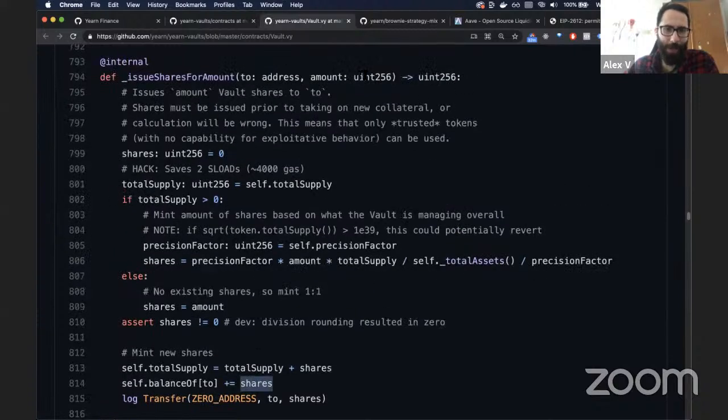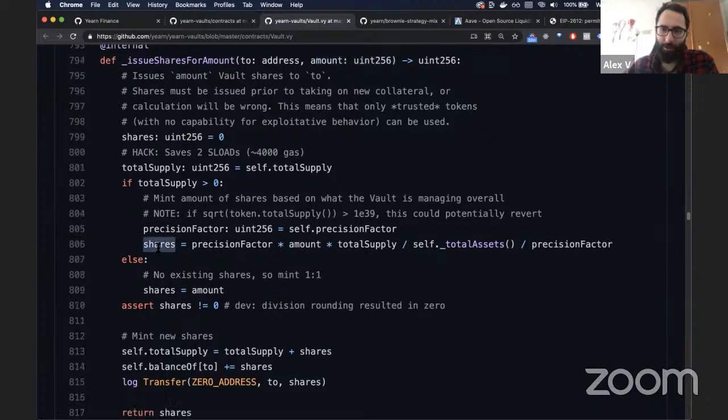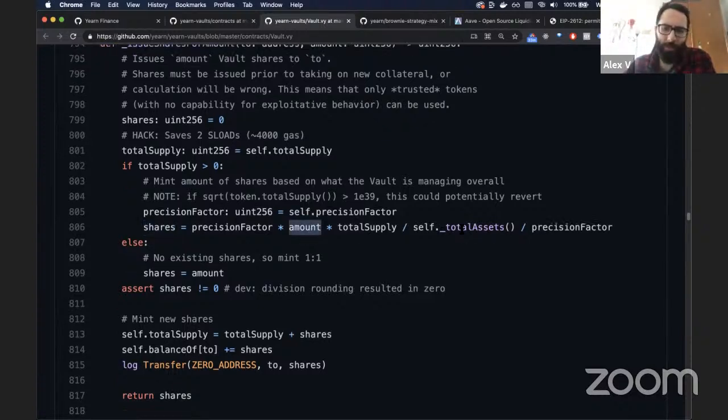So given the amount of, issues amount vault shares to, but technically this is not what this is doing. This is calculating what amount is given this input amount, and it will issue this shares amount. So I guess I would phrase it differently. This would issue vault shares to given the input amount, and amount is used here as a way to